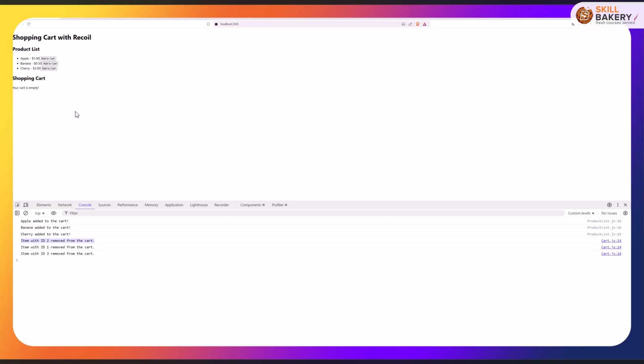Your cart is empty. Now in the next one, we'll be learning about Recoil